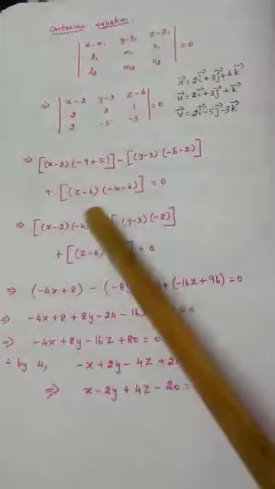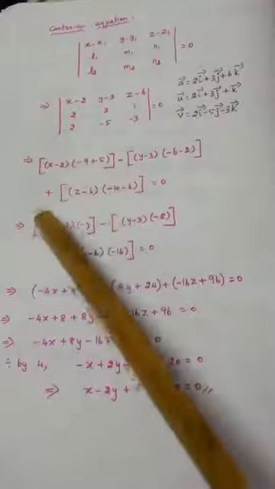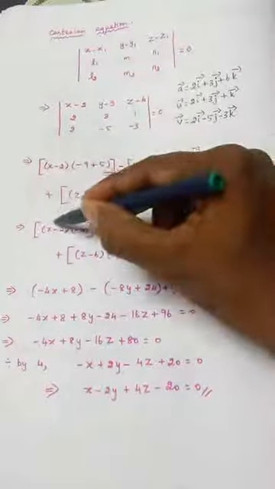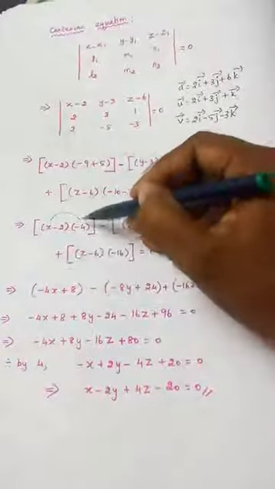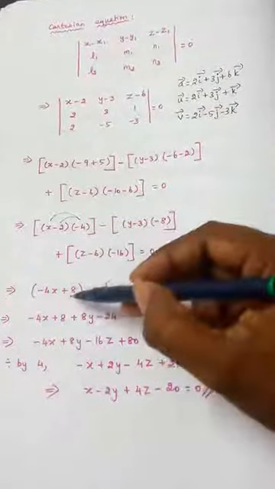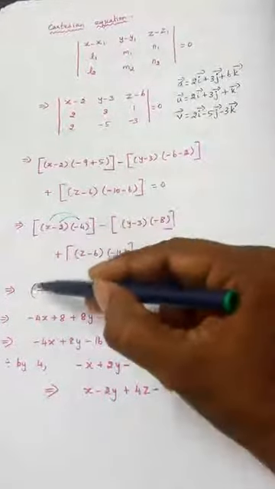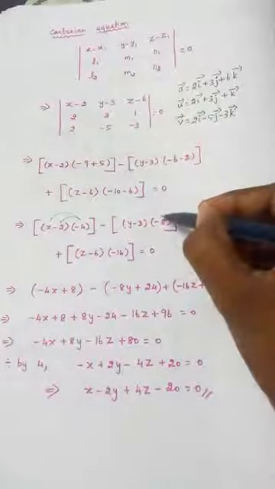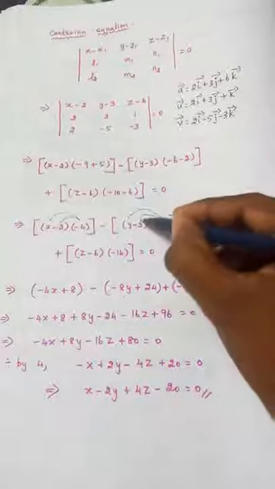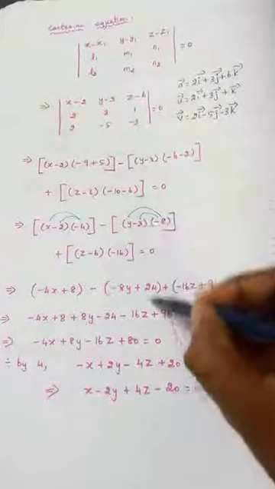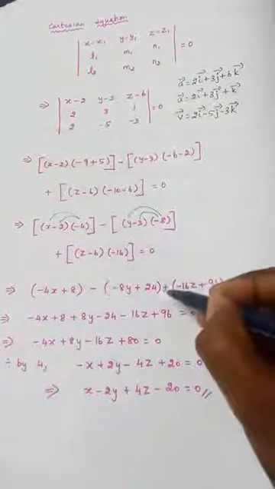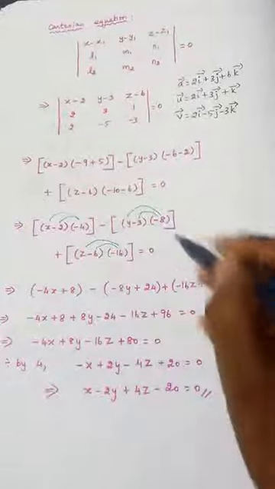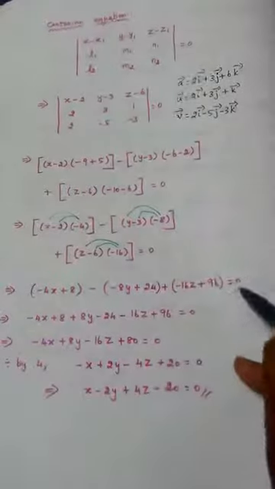Then bringing the numbers inside the brackets. What happens? Minus 4 will come inside the bracket, right? Minus 4 will come here, so it becomes minus 4x. Minus 4 with minus 2 becomes plus 8. Multiply it and put a bracket here, and then this minus symbol is here, open another bracket. Now take this minus 8 inside: minus 8 into y is minus 8y, minus 8 into minus 3 is plus 24, plus open another bracket, take this minus 16 inside. So minus 16 into z minus 6 is minus 16z plus 96, equal to 0.